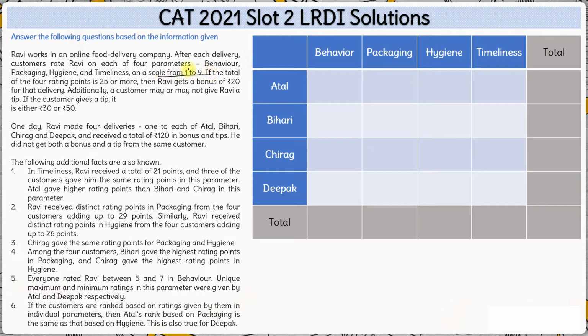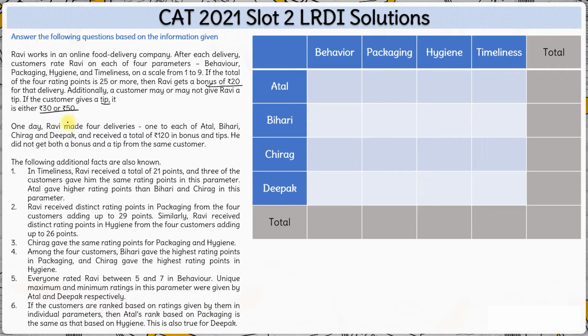The ratings are from a scale of 1 to 9. That means single digit natural number. And if the total rating by a customer on the 4 points is more than 25 or even equal to 25, then Ravi will get a bonus of 20 rupees, right? Additionally, a customer may or may not give Ravi a tip. If the customer gives a tip, it is either 30 or 50 rupees. So Ravi may either get a bonus of 20 rupees or he may get a tip of either 30 or